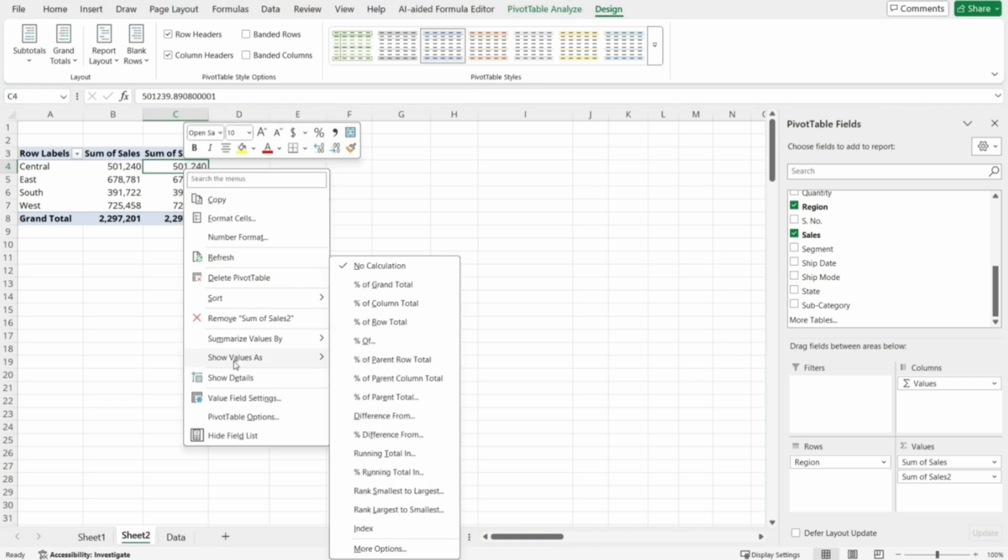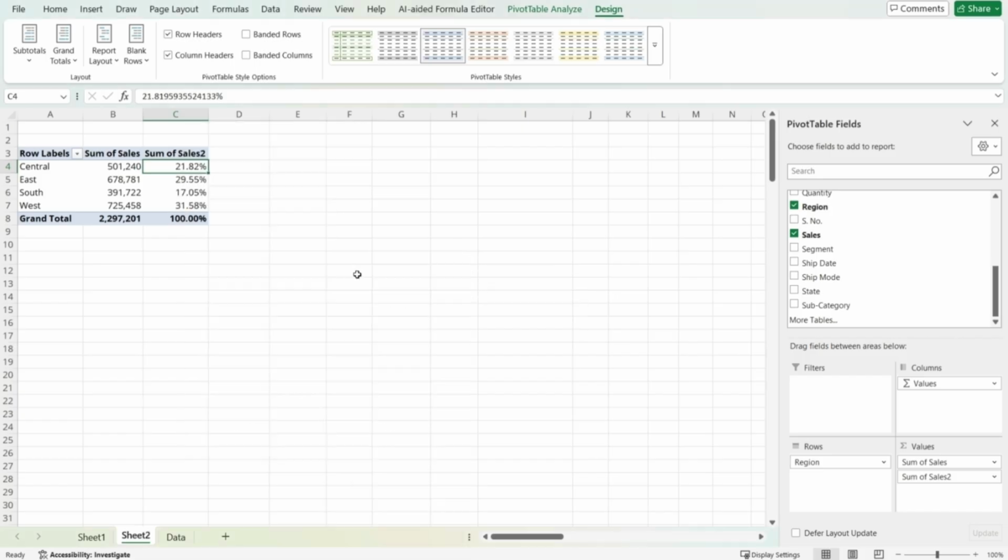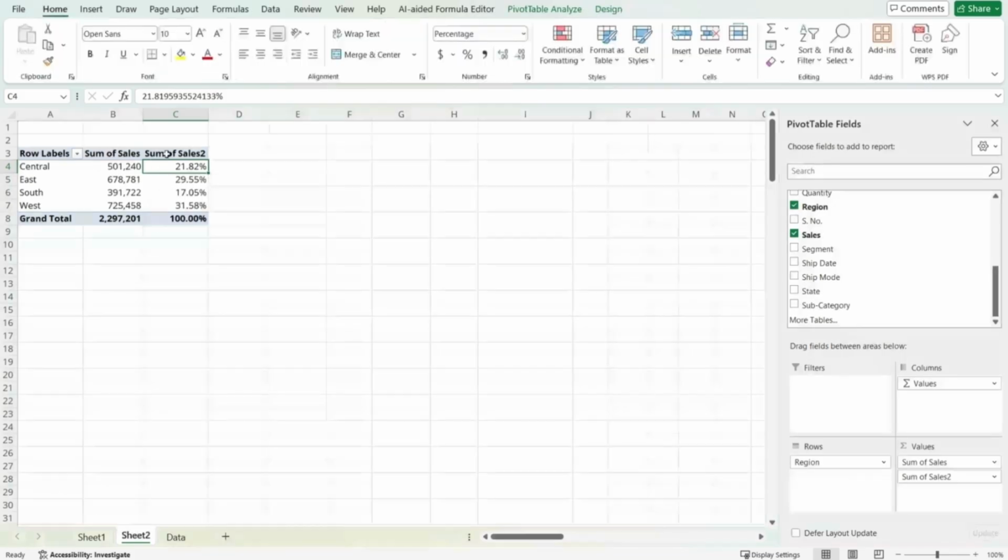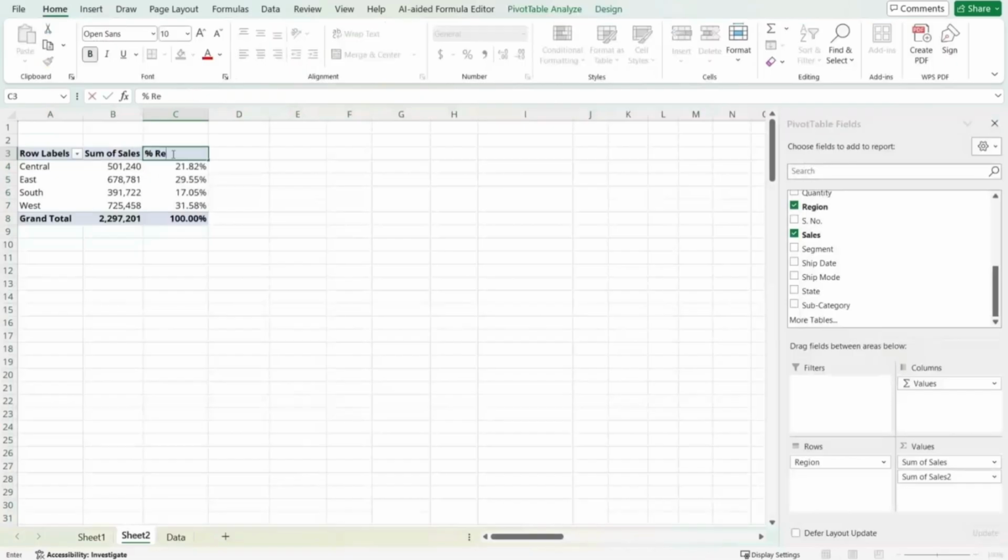We have an option to show the values as percentage of grand total. So we can select this, and now we have the total sales and percentage sales contributed by each of the regions. We can change the name of this column from sum of sales to percentage revenues. So we can click over here or maybe type percentage revenues,